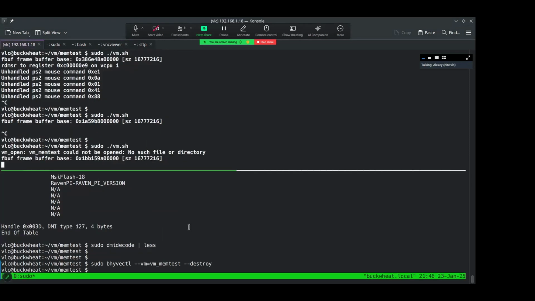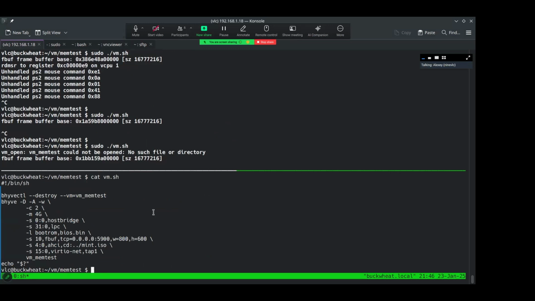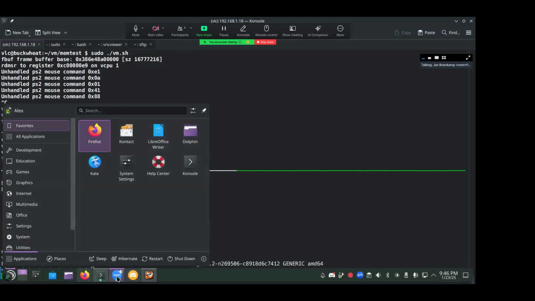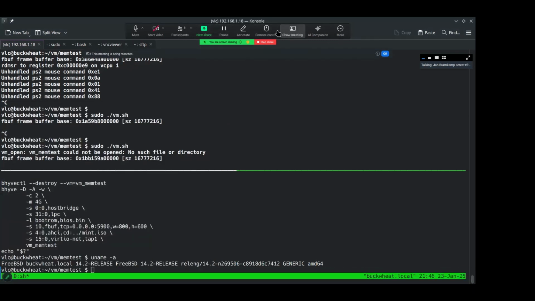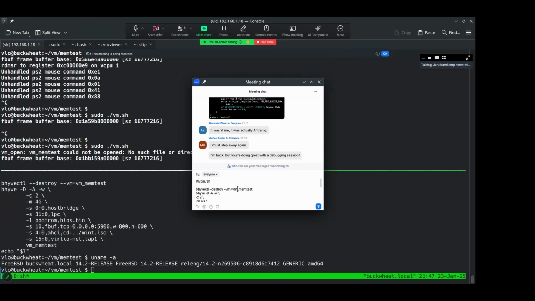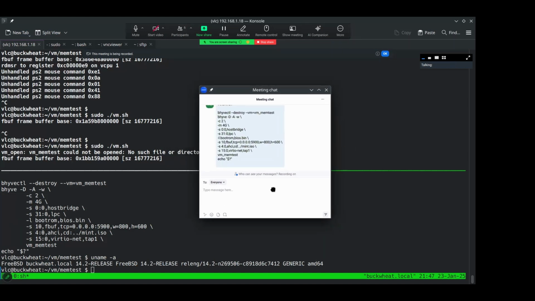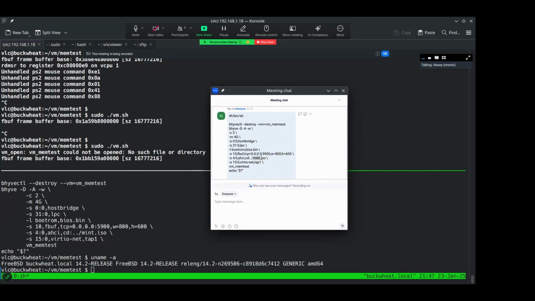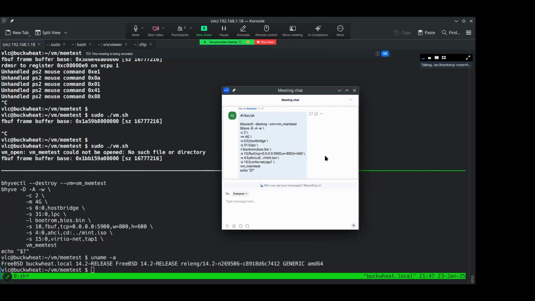Now, can you try doing this same script? Can you put it somewhere? Which FreeBSD version are you running on the host? 14.2. Okay, same as me. I have a Zen 2 I can use for testing, so one generation older than your microarchitecture. And the mint.iso is just Linux Mint? Yeah, I need a URL for that.